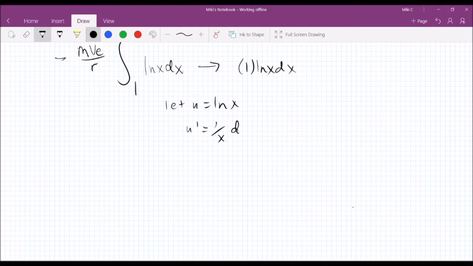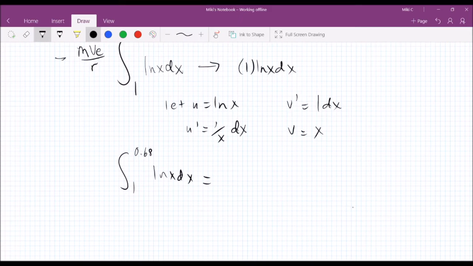As a quick recap, we set up ln x as u because we don't know how to do the antiderivative of ln x, but we are aware of how to do the derivative of ln x. And that would of course make our v prime equal to 1 dx, and our v therefore equal to x. I just did the antiderivative of 1. So following the format, this would make our integral from 1 to 0.68 of ln x dx equal to,